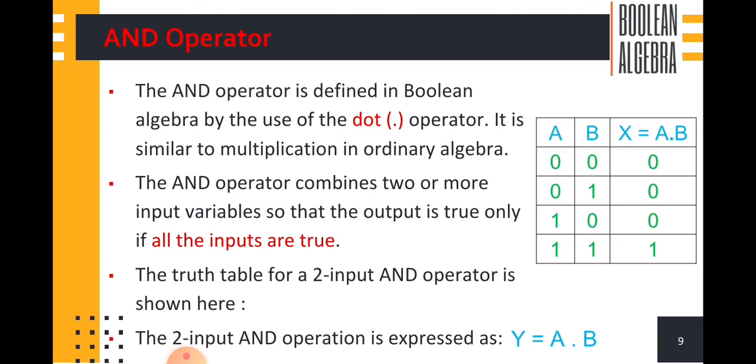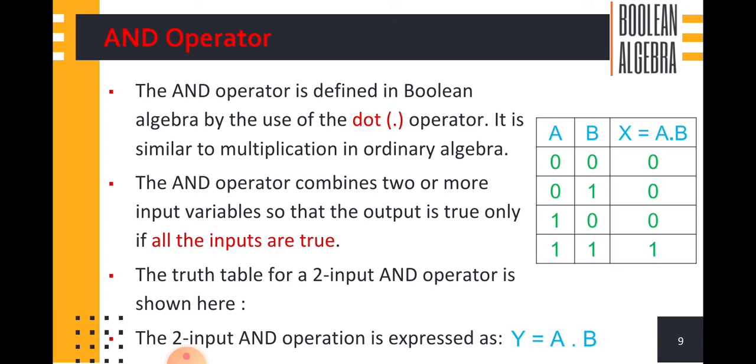We can see this is similar to the binary values 0, 1, 2, 3. It starts from 0, so 4 possible values are there. Okay, so 0 into 0, that is multiplied. 0 into 0, what do we get? We get the answer 0. 0 into 1, we get 0. 1 into 0 is also 0. 1 into 1, what is the output? We get 1. In the multiplication table, 1 into 1 is equal to 1.